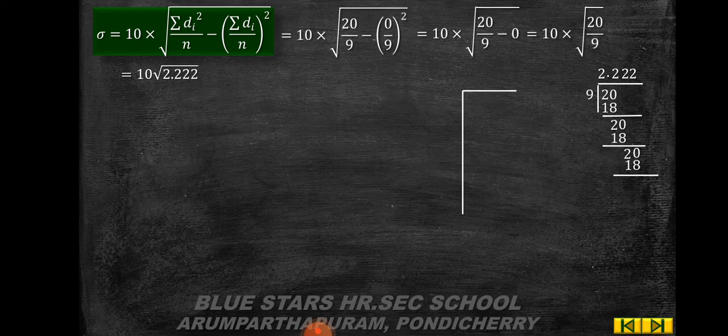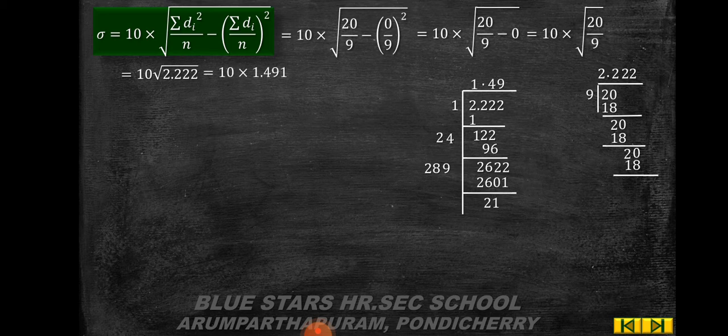So now you are going to find the square root of 2.222. So 1 ones are 1, remainder is 1. 1 should be multiplied by 2. Put the decimal and step down the 2 digits. So 24 into 4, you get 96. The remainder is 26. Step down the remaining 2 digits. So 28. So 289 into 9, you get 2601. So the remainder is 21.